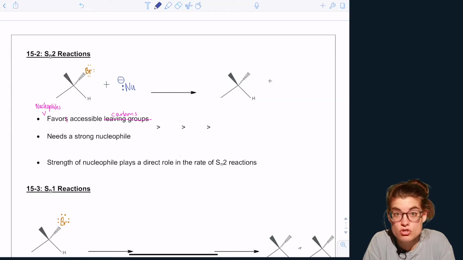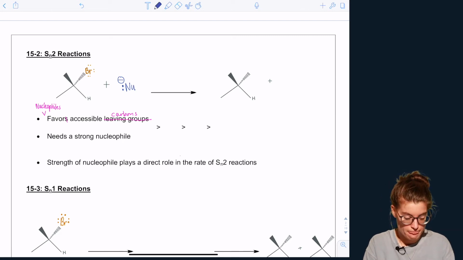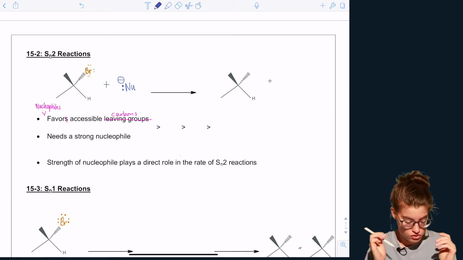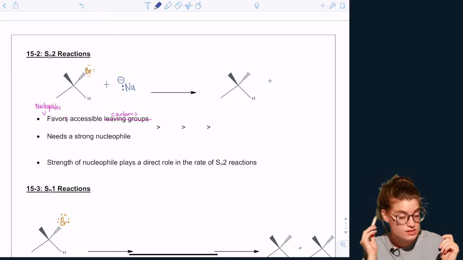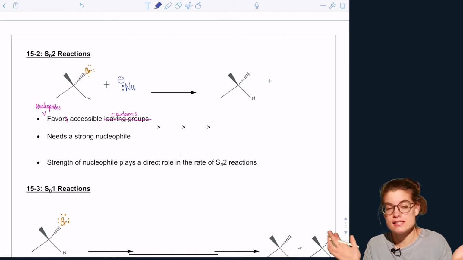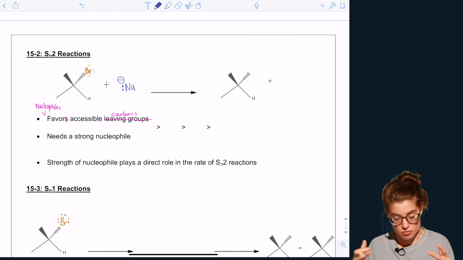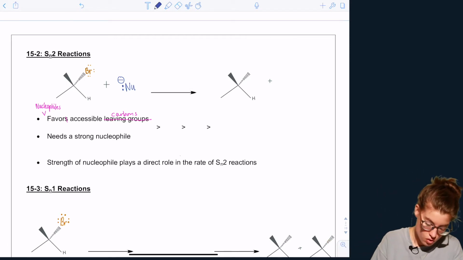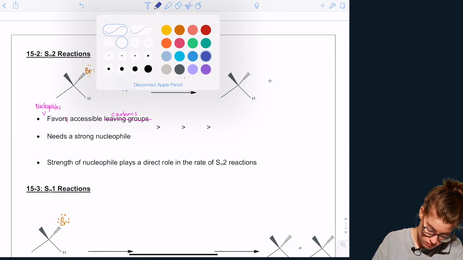Okay, so SN2 reactions. We're going to start with SN2 and then we'll go visit SN1. So, first things first, what does SN2 stand for? Because good news, it basically spells out what's happening, some of what's happening, okay? So, it stands for